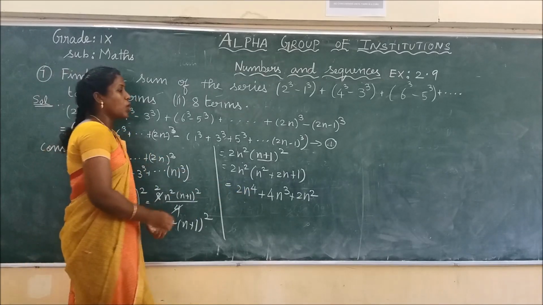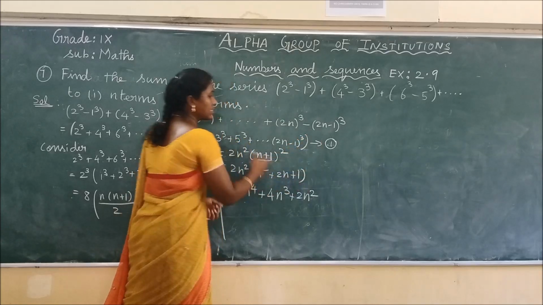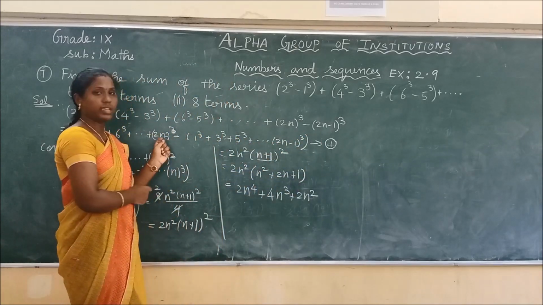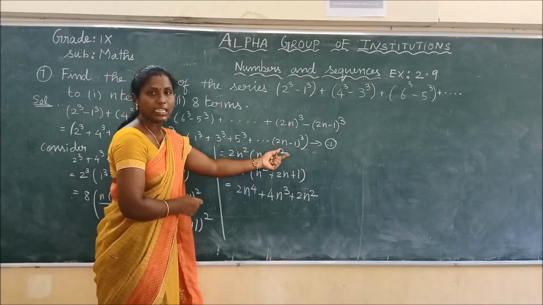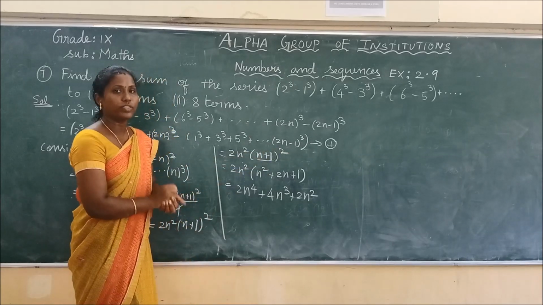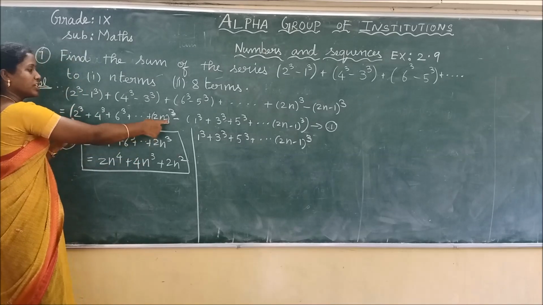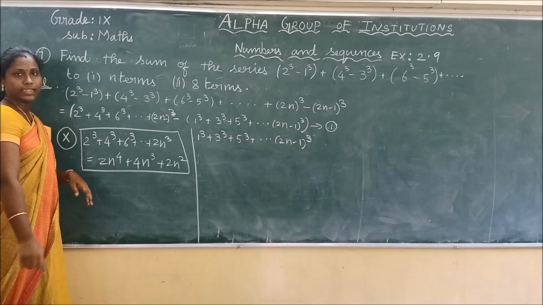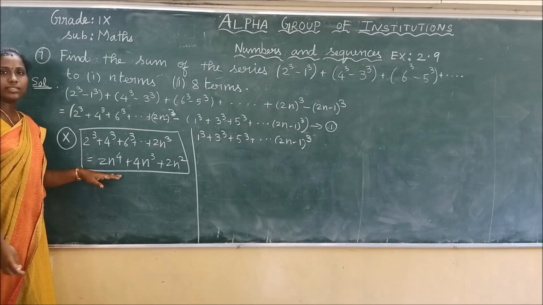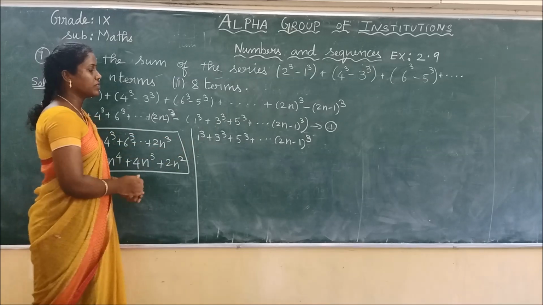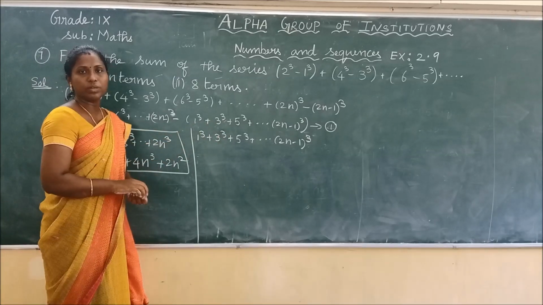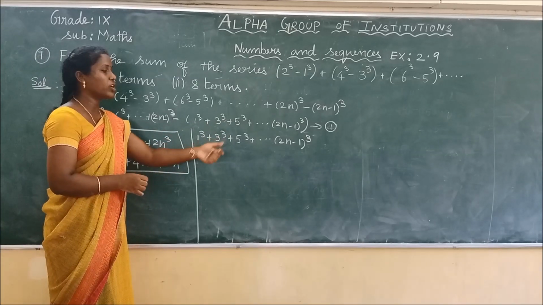Okay, now we are going to consider the second series. We solved this. Yes, I am going to consider the odd series now and find the value of that series also. So we considered the first part of the series and we got the answer, isn't it? Now consider the second part of the series. It is made up of only the odd numbers, so we can't directly solve the cubes of the odd numbers.